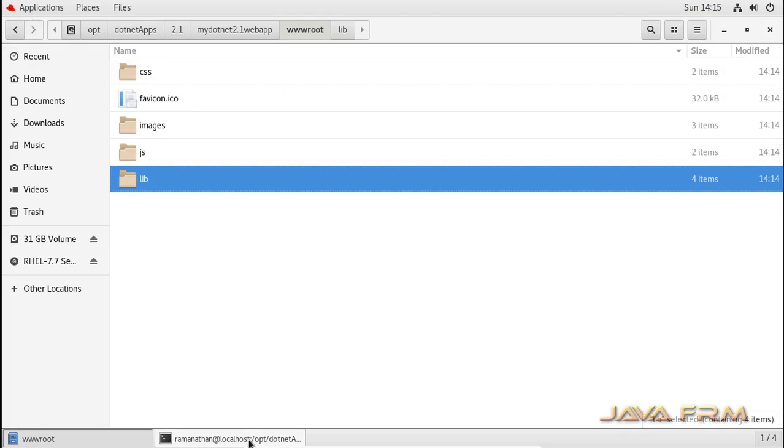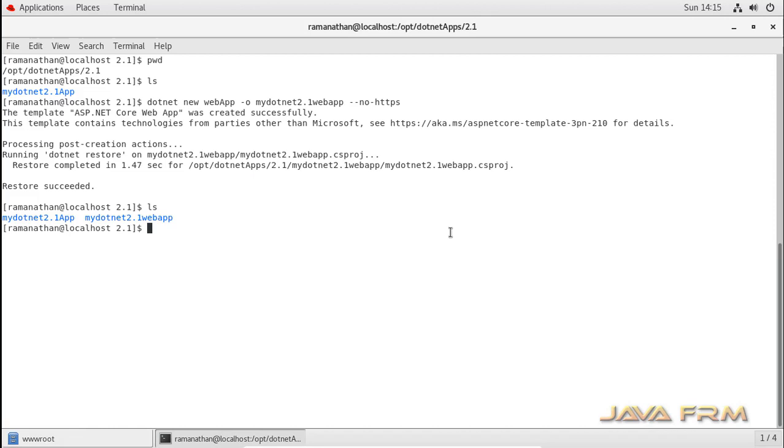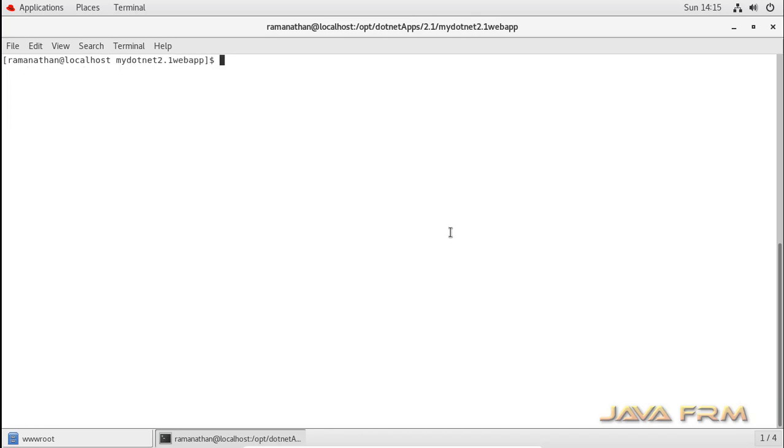Now let us try to run this ASP.NET Core 2.1 web application. Go into that web application directory and simply type dotnet watch run. This will start the inbuilt web server in .NET 2.1 and deploy the application automatically, running on port 5000.